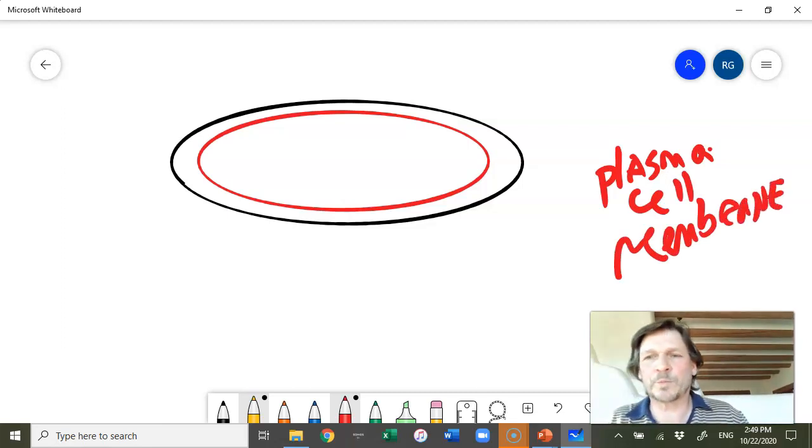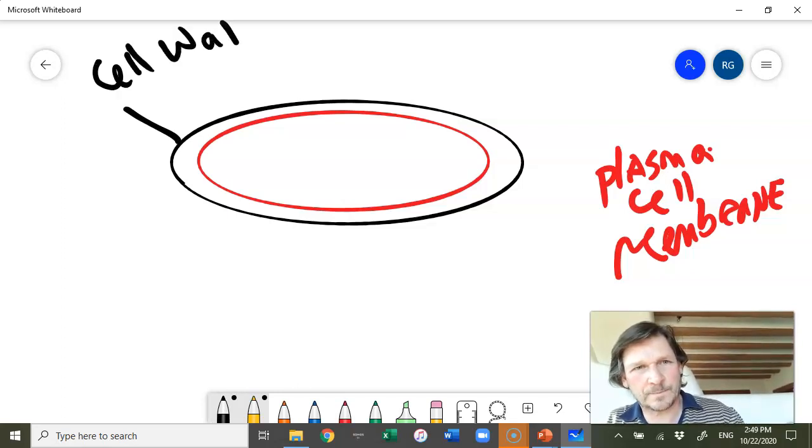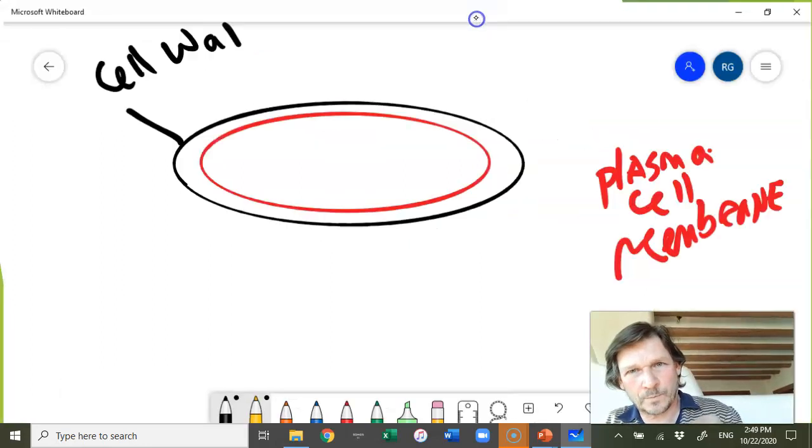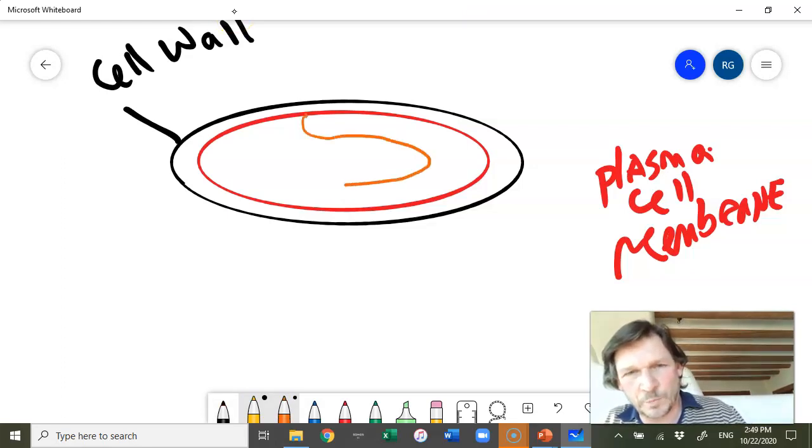I'll use both terms. I don't know why there's two terms. It's interchangeable. Plasma membrane, cell membrane, they mean the same thing. Rigid cell wall to the outside. And what color DNA do we want? Let's do orange DNA. And so it's going to have a single loop chromosome, and I'm going to show you